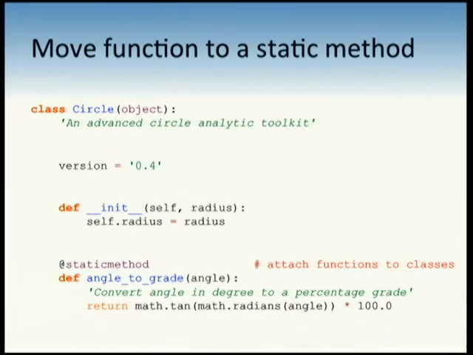So the purpose of static method is to attach functions to classes. Probably you guys knew that, but you couldn't articulate exactly why you would do such a thing. You do it to improve the findability of the function and to make sure that people are using the function in the appropriate context: Circle.angle to grade. It is not used that often, which is why most people don't know what it's for. So if you learn something new, you learn how to articulate its purpose. Why in the heck would you put a function in a class? In part because that's where people look for it.